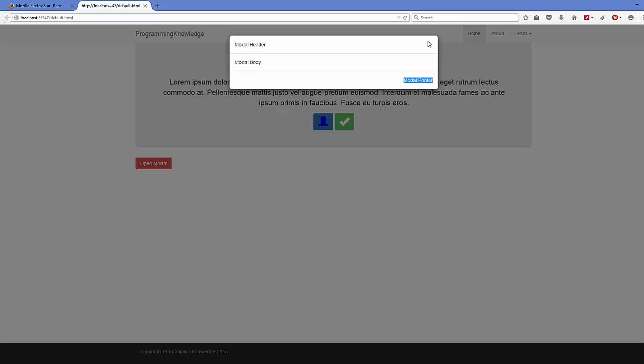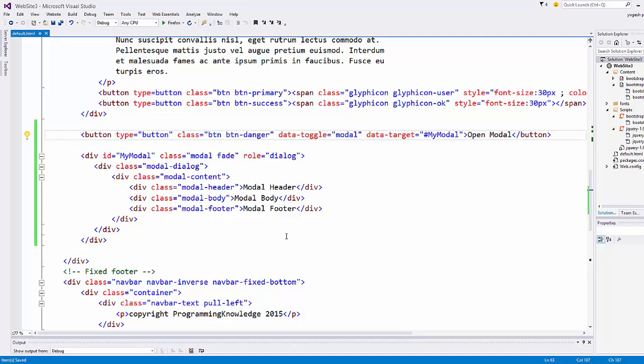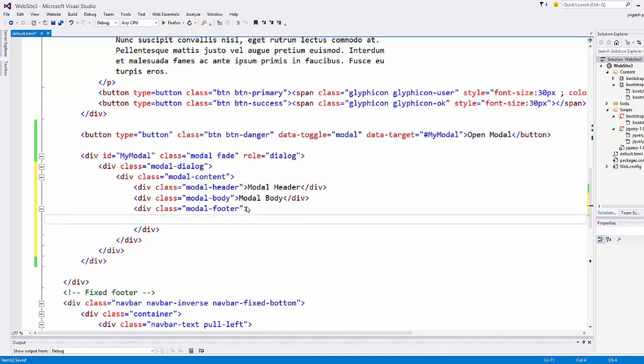Okay, so there should be some X symbol or some close button to close this modal. To add this close symbol or button, in the footer, for example, we want to add this close button. So inside the footer we are going to create this button,